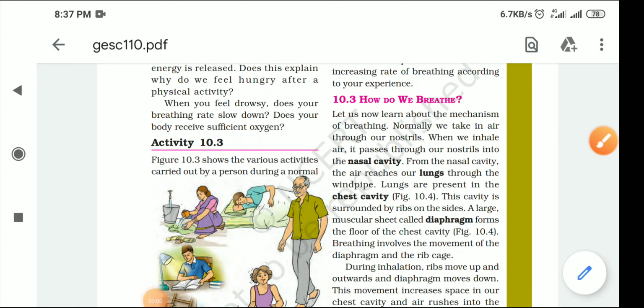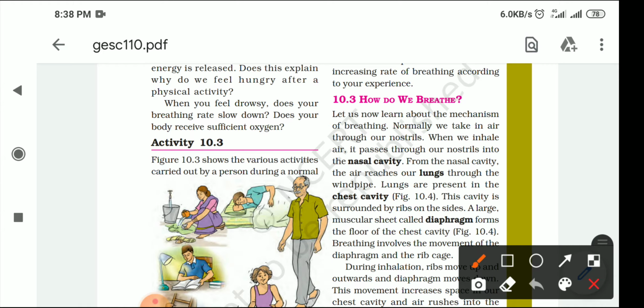Good morning, class. So, in today's class, we are just going to study how we actually breathe and what the mechanism is when the air goes inside our body. Okay, so we already discussed the difference between respiration and breathing, and in the process of breathing, we saw how we inhale oxygen and how we exhale carbon dioxide. So now today we are going to start with how we actually breathe.